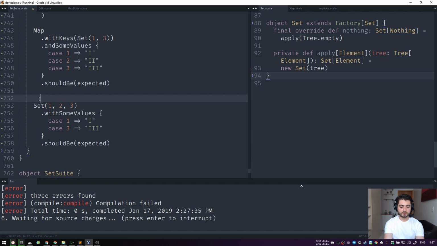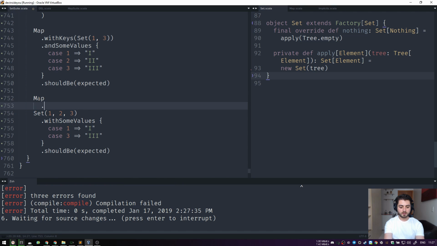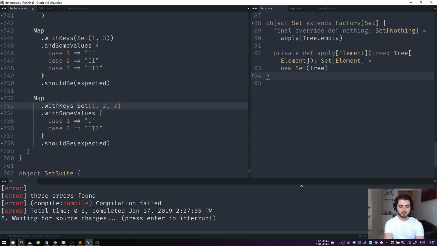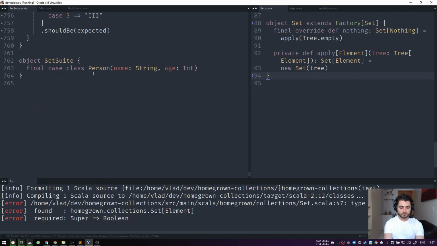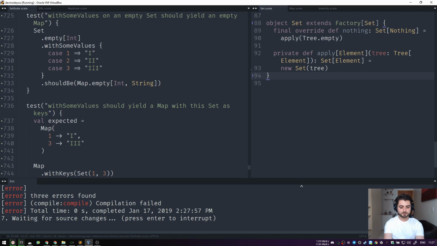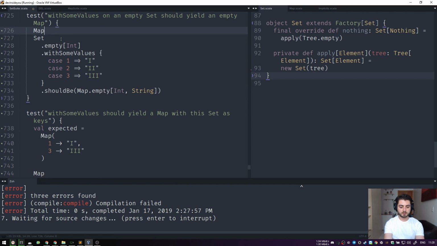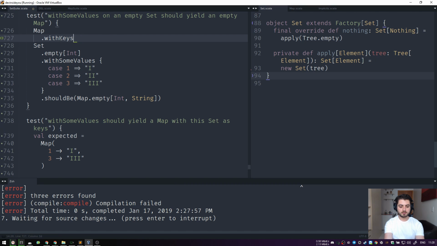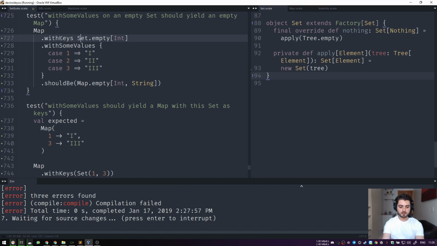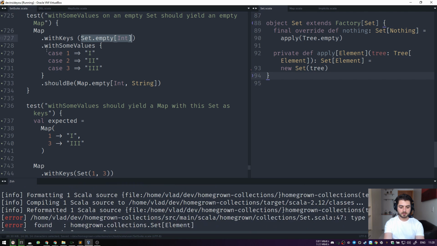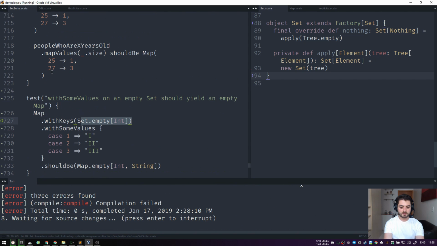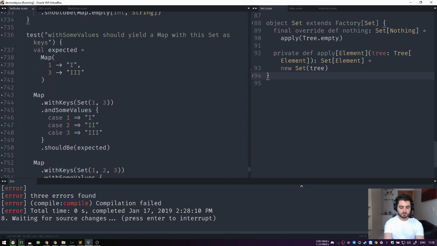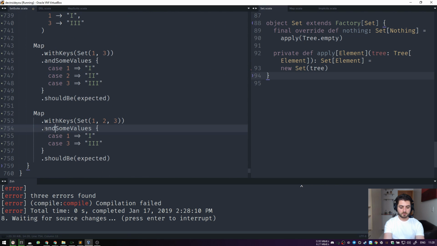And over here, we're going to have map dot with keys. Just going to press Control J, Control N, like that. Have it over here. Where else? This one, map dot with keys, and that, and that, like that. And it's not called with some values, it's called and some values, right? So it's going to be and over here, and it's going to be and over there, and now I believe